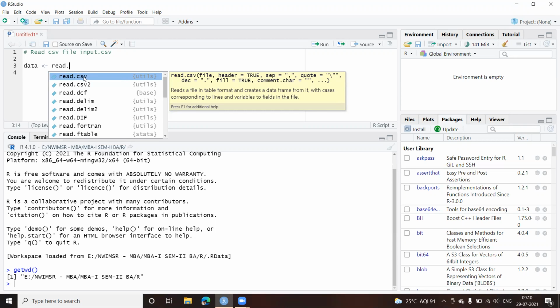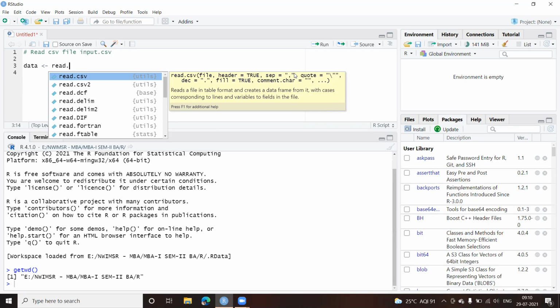By default, the header is true. That means the first line will be treated as a header. Now, let us say you have data, but you don't have the header in that particular file. In that case, you have to specify header equal to false. Plus, you can see I have the separator here. The separator by default is a comma. You need not specify it if it is comma, but if it is some other special character, like I said, it might be a semicolon, it can be a forward slash, or it might be anything other than this. In that case, you have to specify it in double quotes.